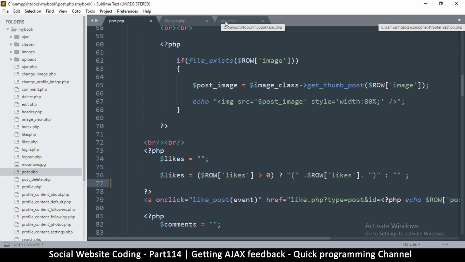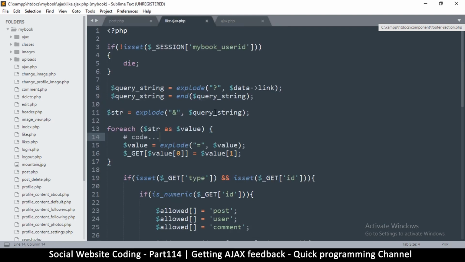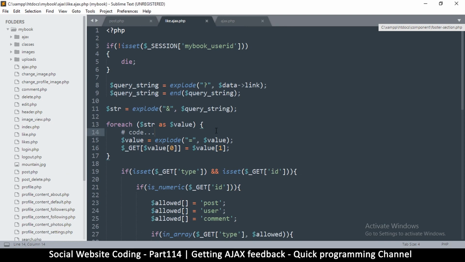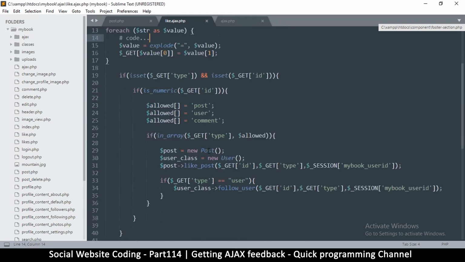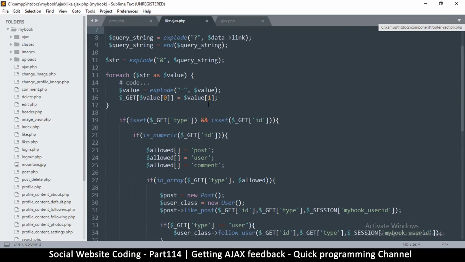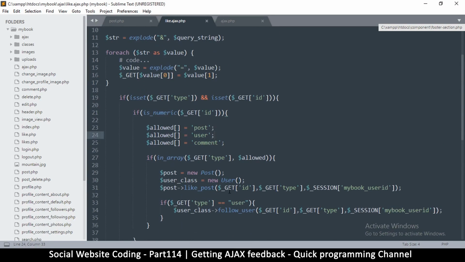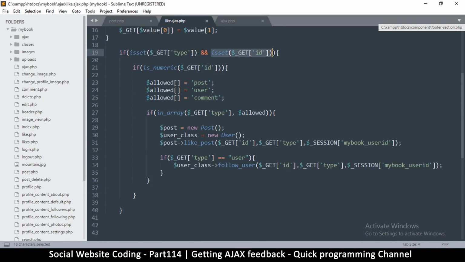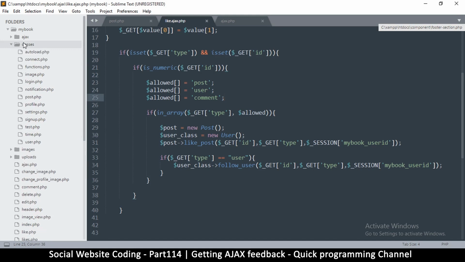Now the problem is when we go to our ajax.php, like.ajax.php, do we not have the post ID in there? Oh, actually we do. Get ID. Right, so we do have the post ID in there, like post. Okay, so this is great. So we have the post ID. So all we need to do is check the number of likes in that post and we'll be good to go. So if I go to my classes here in the post class,